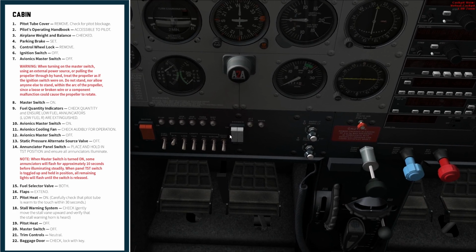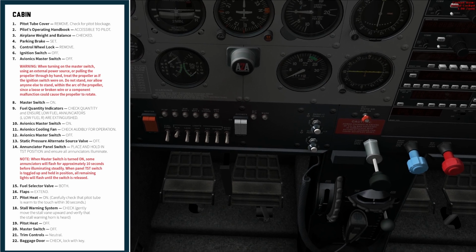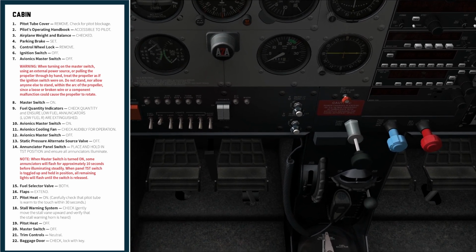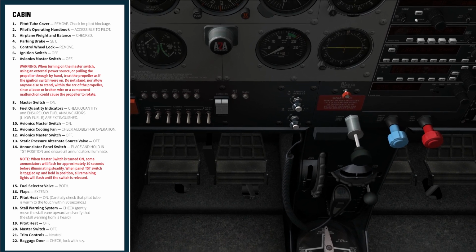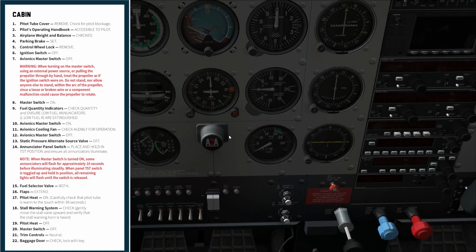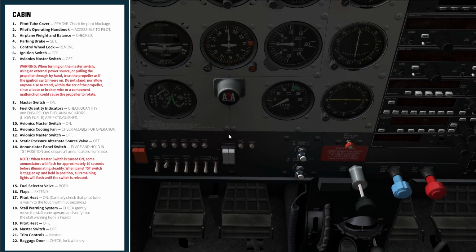Okay, warning: when turning on the master switch using an external power source or pulling the propeller through by hand, treat the propeller as if the ignition switch were on. Do not stand or allow anyone else to stand within the arc of the propeller, since a loose or broken wire or a component malfunction could cause the propeller to rotate. Okay, very good. At this point, we then put our master switch on,